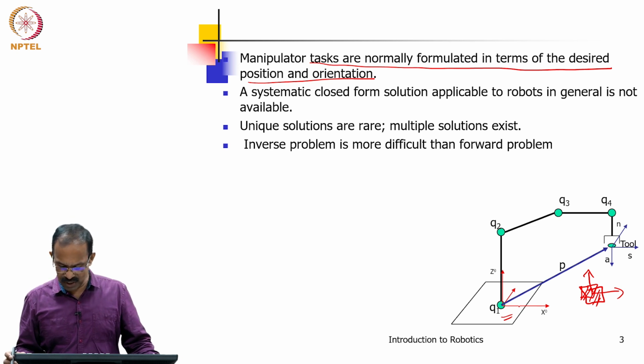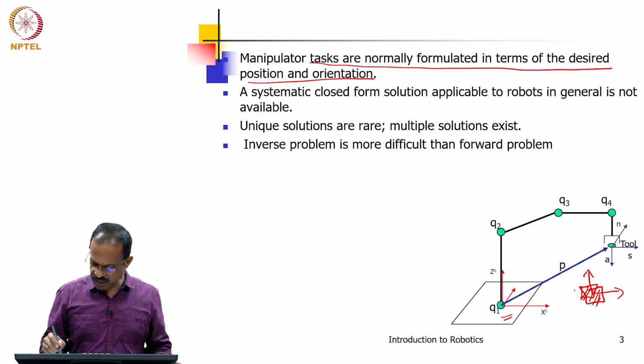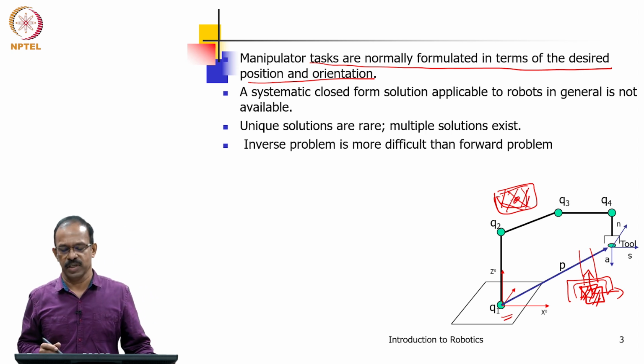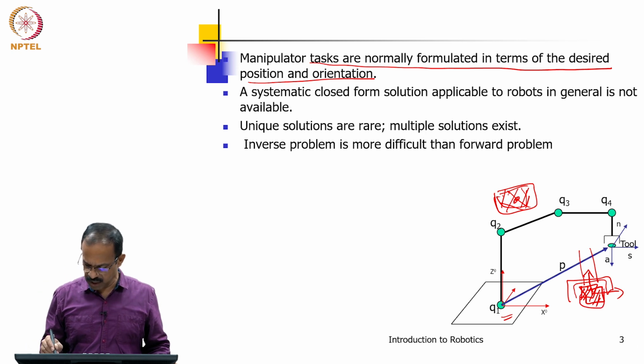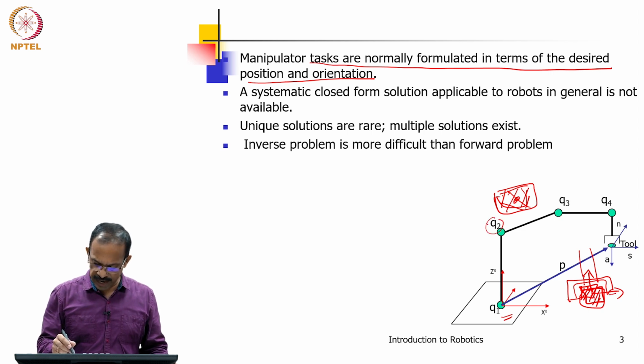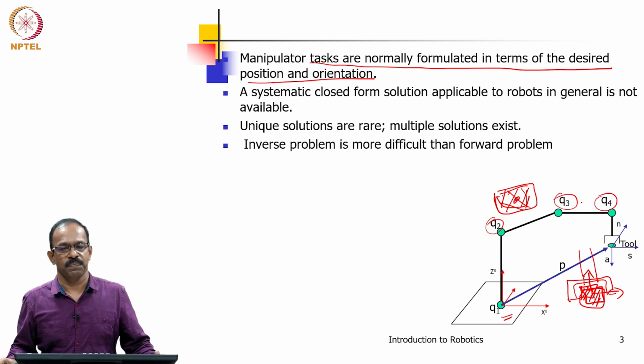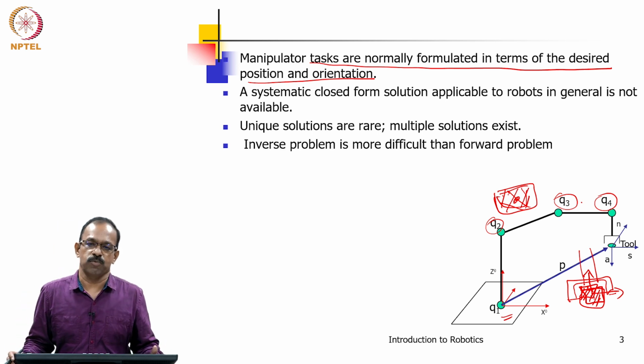Now, my interest is to see how I can use this robot to pick this object from here and place it somewhere here, and I know this position also. So, I can define the position where I want to reach. I have this object in this position and I want to pick it up using this robot. If I have to bring this tool to this position, what should my joint angles be is the problem in inverse kinematics. That is the way all manipulator problems are normally formulated.